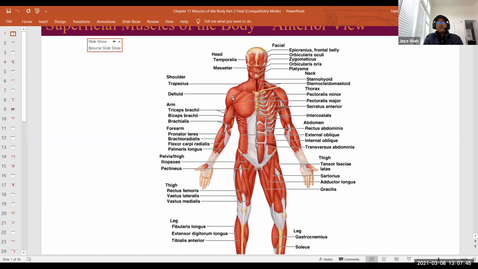Now, muscles in the upper limb. This is deltoid. And then you have biceps here. And posteriorly, you have triceps. If you remove biceps, then under the biceps, you have brachialis. And then in the arm,